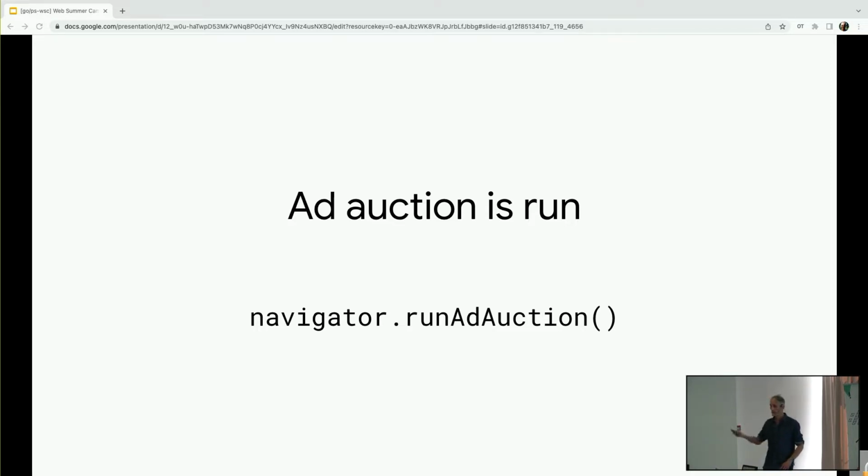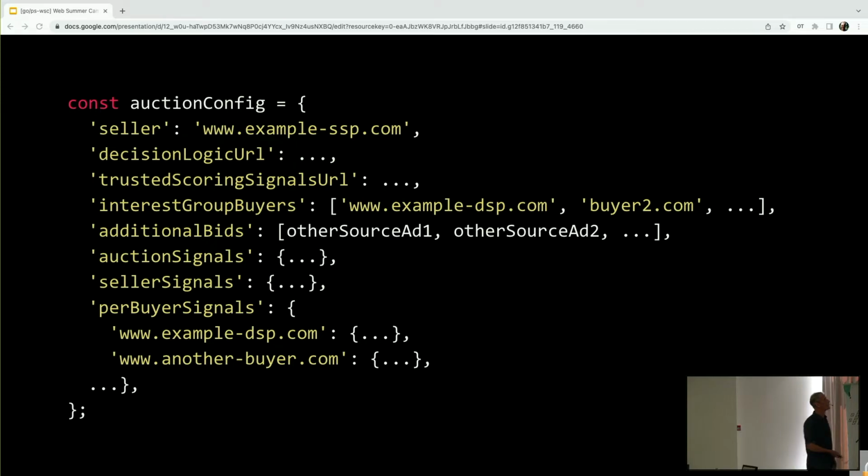It won't be farmed out to third-party ad tech platforms or wherever. And the auction can then select the most appropriate ad given the user's interest groups and potentially other factors as well.